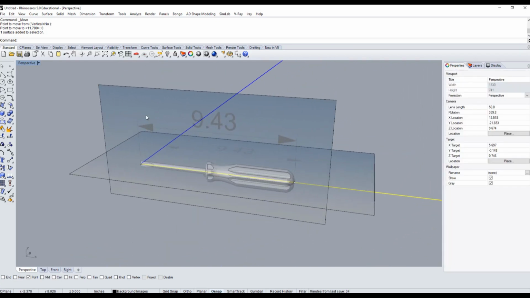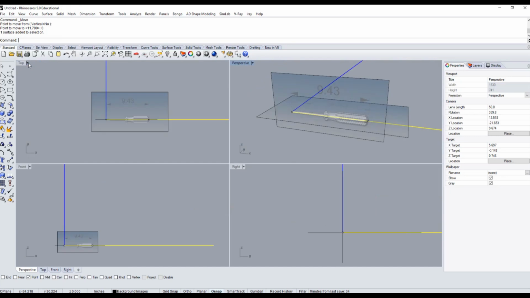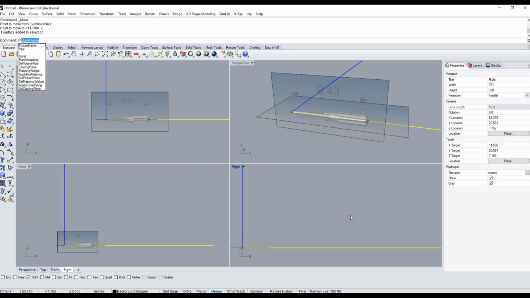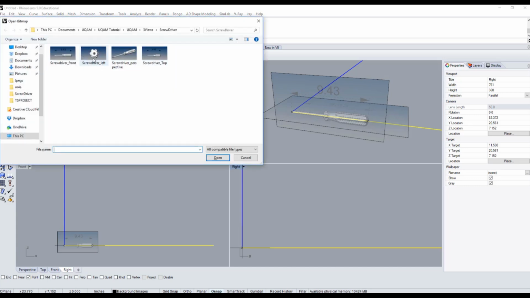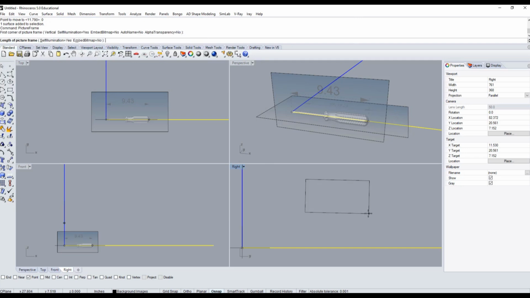So now I've got the top and front view matching, and now I need to do the same thing for the right view. So I switch to my viewport in right view. I can see my axis in the Z direction and in the Y direction. So I'm going to type in picture frame, enter, and this time I'm going to go and grab a screwdriver left, open,